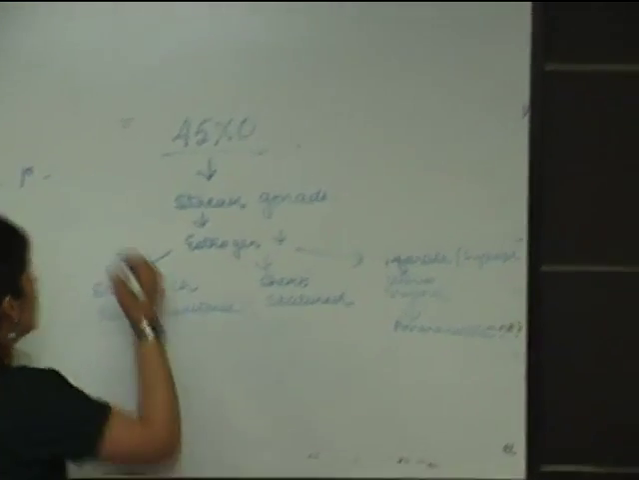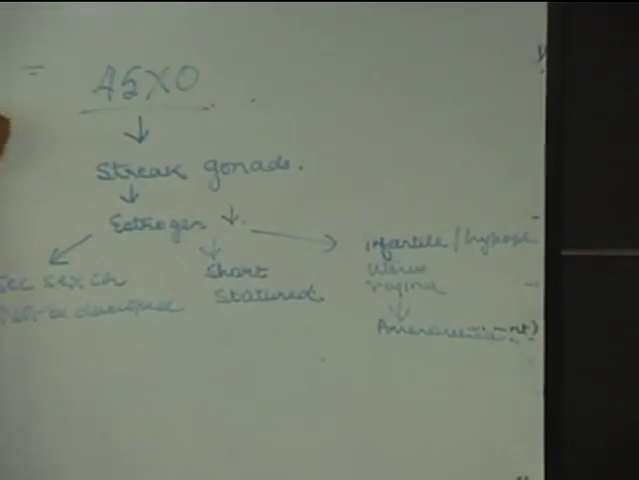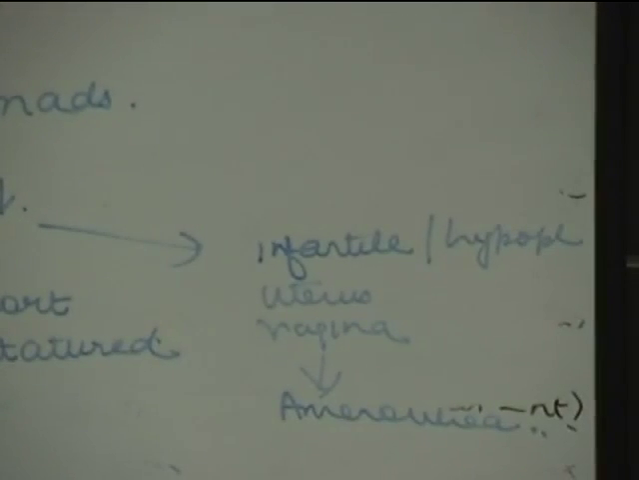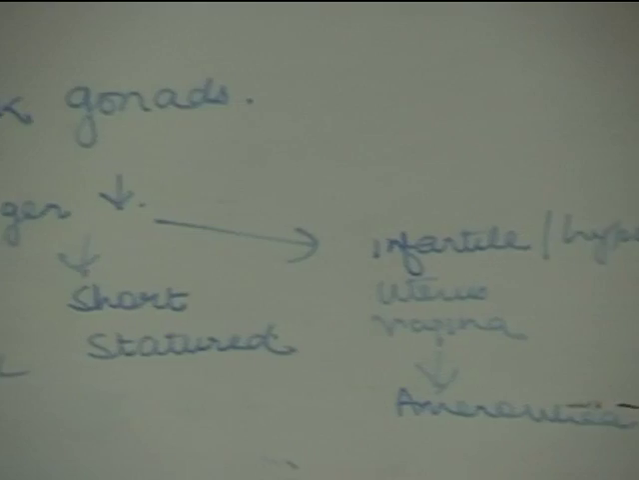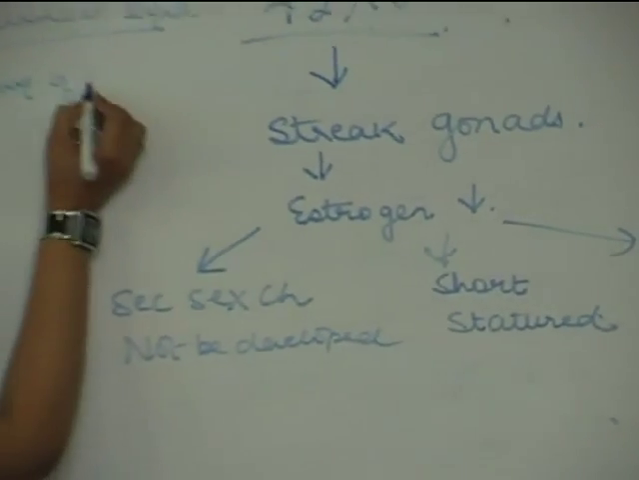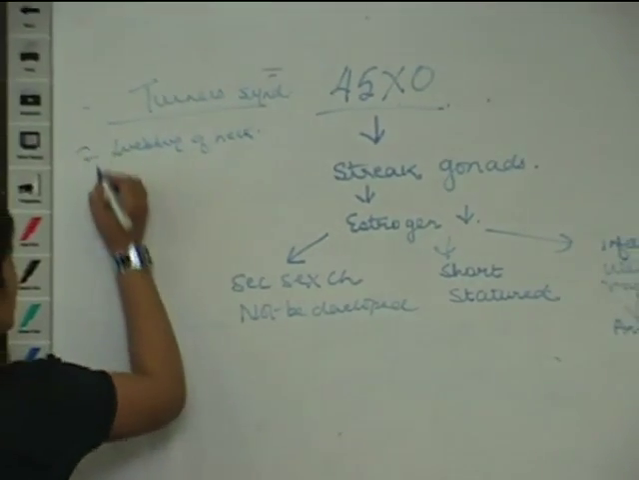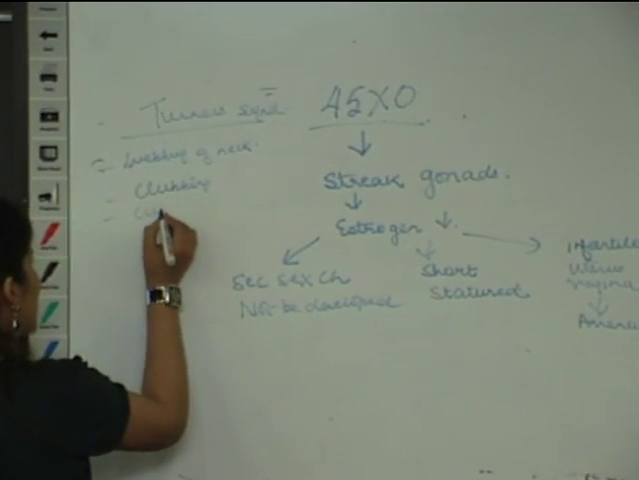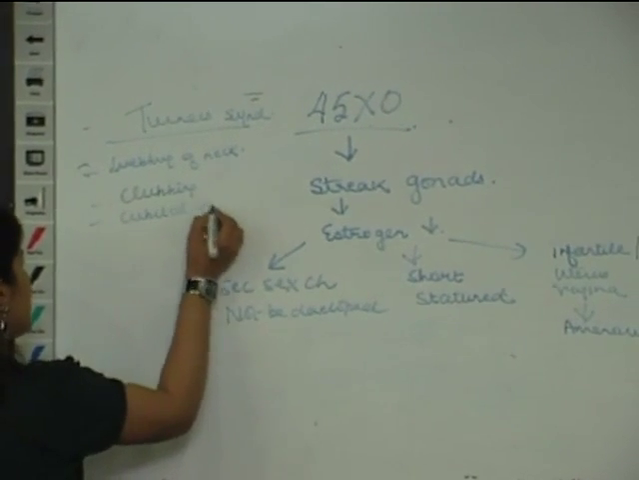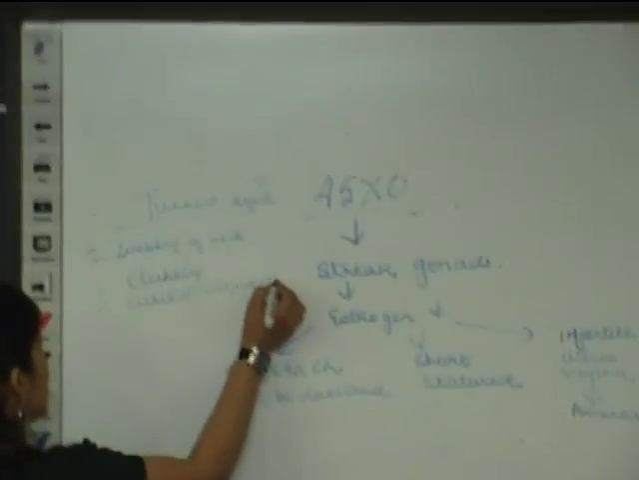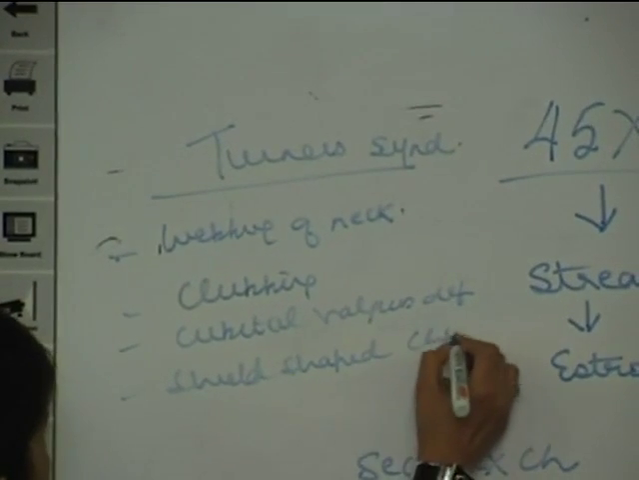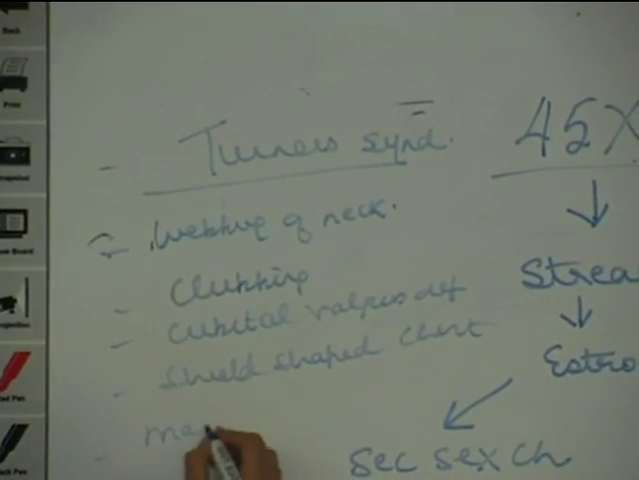Besides this, you know that in Turner syndrome many other physical characteristics are seen. Like webbing of the neck, clubbing, cubitus valgus deformity, shield-shaped chest, Madelung deformity